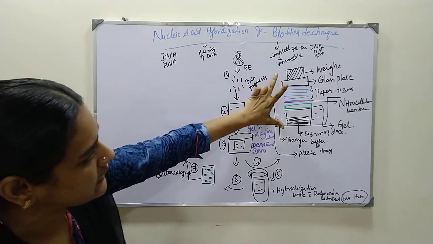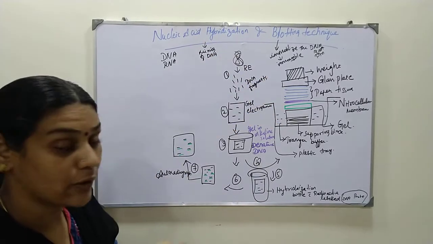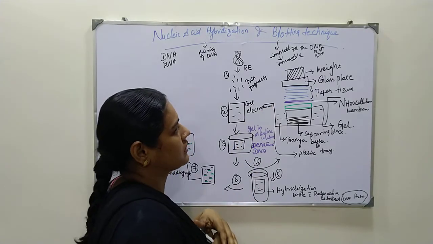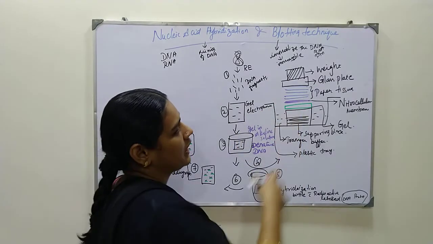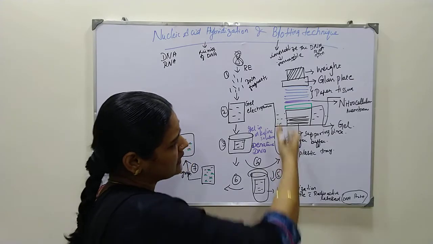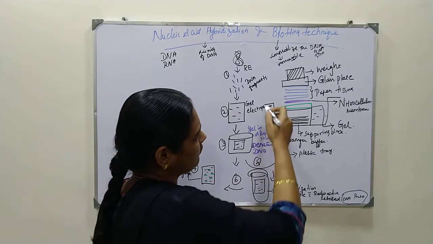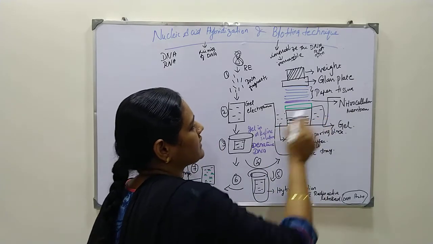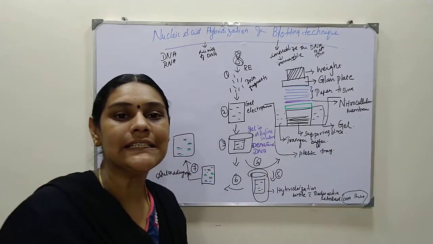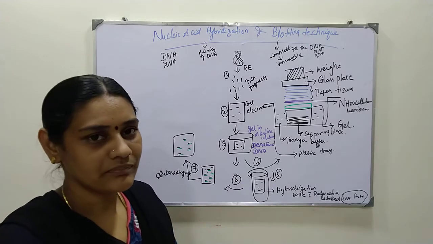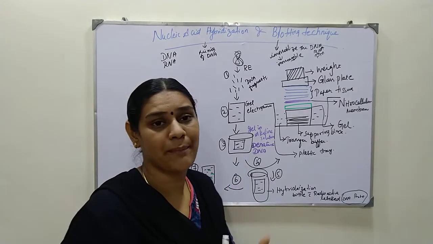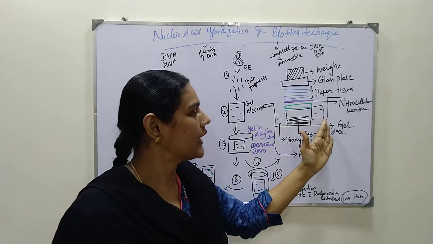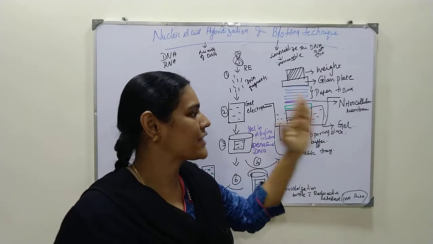Actually, I am going to explain this apparatus, like you saw in the agarose gel electrophoresis. You should know about electrophoresis. This apparatus is a blotting apparatus. It consists of a plastic tray containing a liquid called the transfer buffer. The agarose gel electrophoresis apparatus contains normal buffer, but here it is a transfer buffer.